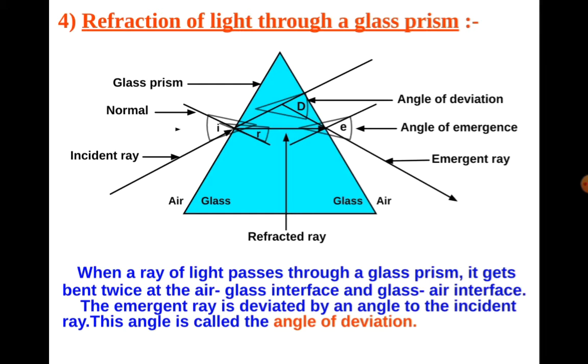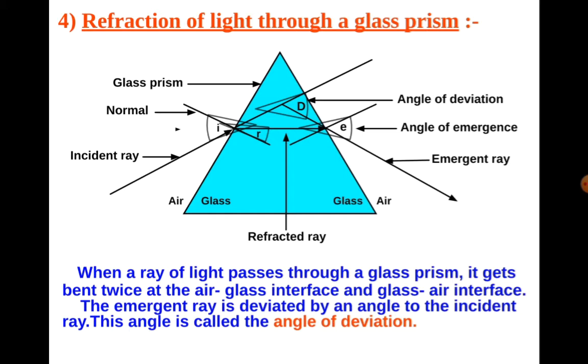So the only topic is we are going to start from the prism, the glass prism, and how light is refracted in a glass prism. So all these topics we are going to learn. As we can see in this chapter, the three main topics we are going to learn are, mainly, dispersion of light, second, atmospheric refraction, and the third thing, scattering of light. Only these three things we are going to learn in this chapter. Okay, let's start this chapter.